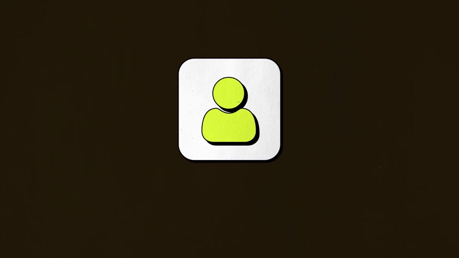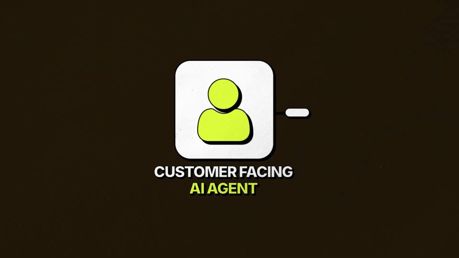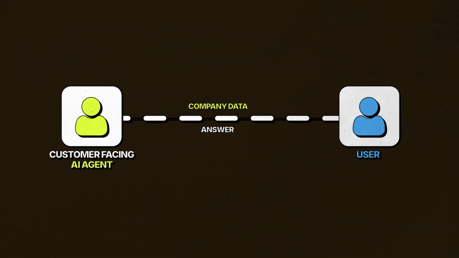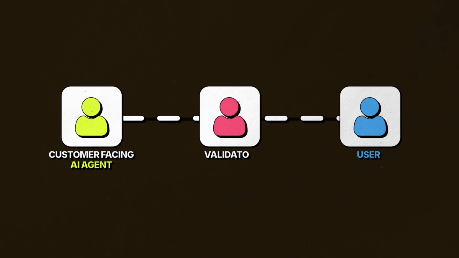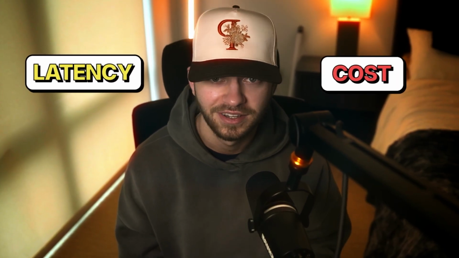You can do this however you want, but for example, let's say we're building a customer-facing AI agent, and we want to make sure that it never reveals company data. We can use a separate prompt validator model to review each of the responses and make sure that it doesn't have any company data in it. In our agency, we use custom validators for anything client-facing and most of our internal models as well. The only thing you have to remember is that this adds both latency and cost. The second model takes time to run, and it costs money too.